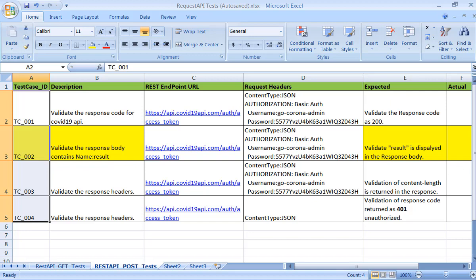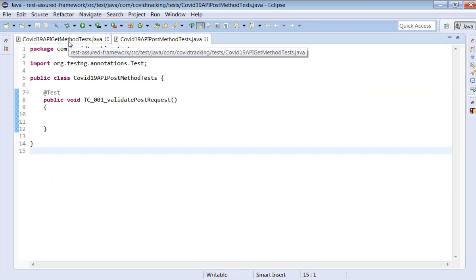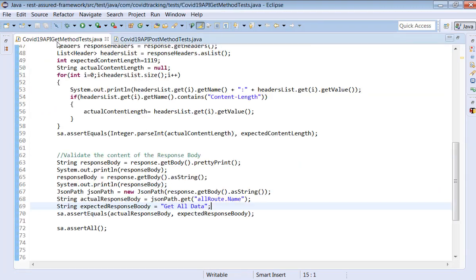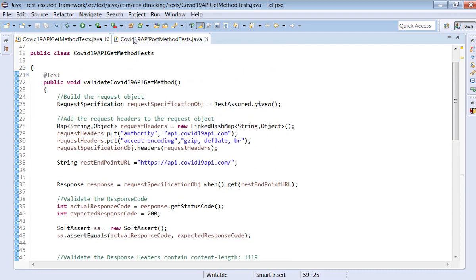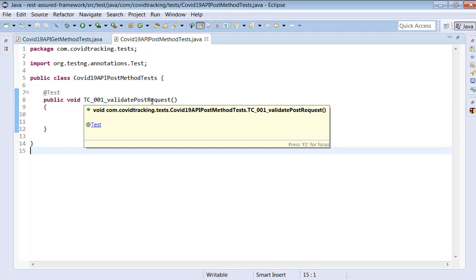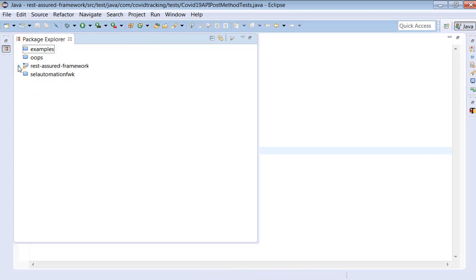Okay, so let's go back to Eclipse now. We're going to start writing the program. The COVID-19 API GET method is already completed in the previous video, and the same program is available in the blog as well. Now we are covering the COVID-19 API post method test.java. In this program, we are going to write the actual topic. Okay, that is going to be covered in today's video. Now, as I mentioned, the prerequisite should be part of the pom.xml file. I'll walk through that as well.